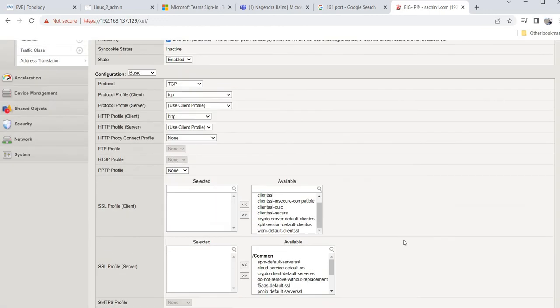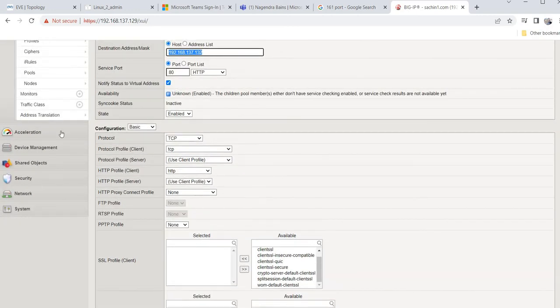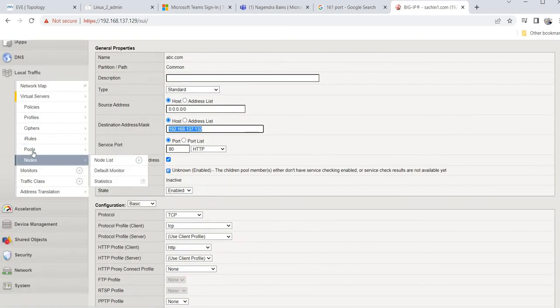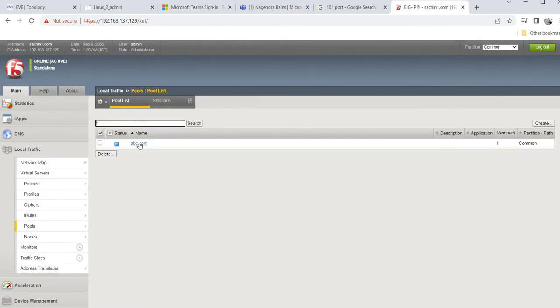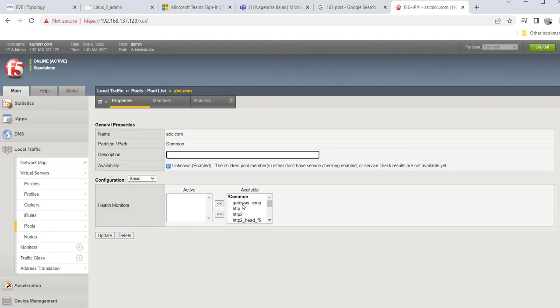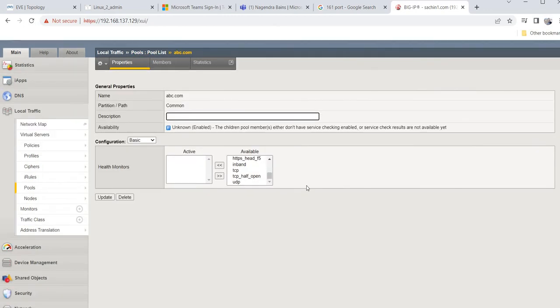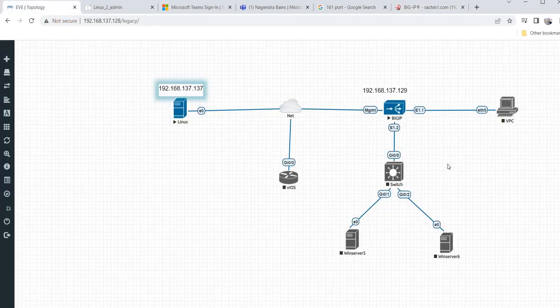Okay, and one thing also, I did not take the HTTP monitor for that. We can also use that HTTP monitor for the same thing. That's an easy task. In the next slide, I will surely attach that monitor to my pool also. Here I have not taken any monitor, I forgot that. In the pool, it's an easy thing to take any monitor. Otherwise, we can create a monitor and then we can attach the